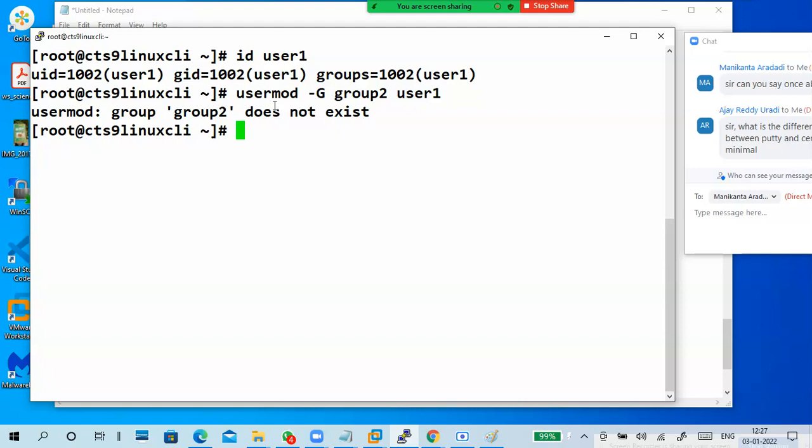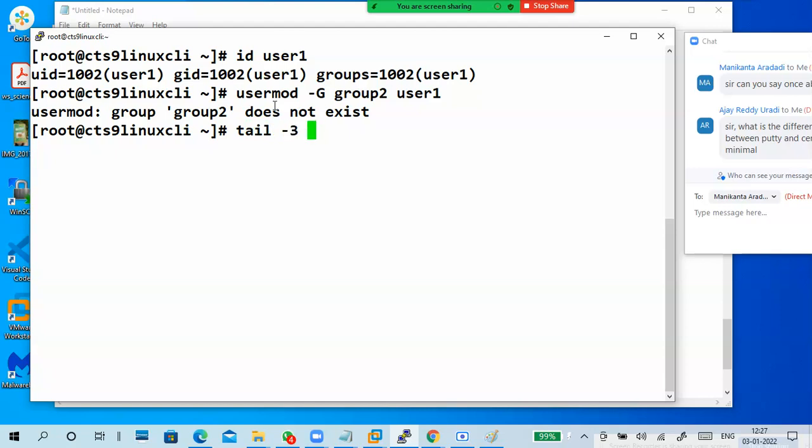Very good. Then what to do? Create the group. Yes, very good. You have to add a group. Okay. So before anything you do, what I said, verify. After you are done, verify. There are two verifications. So currently we have to verify a few things, right?